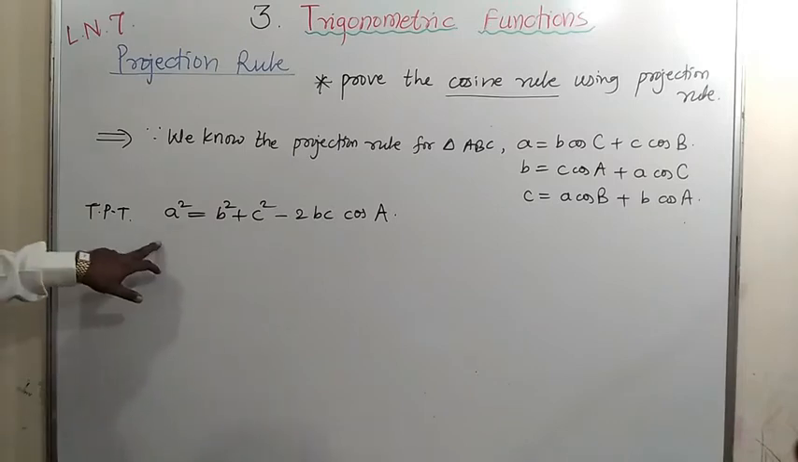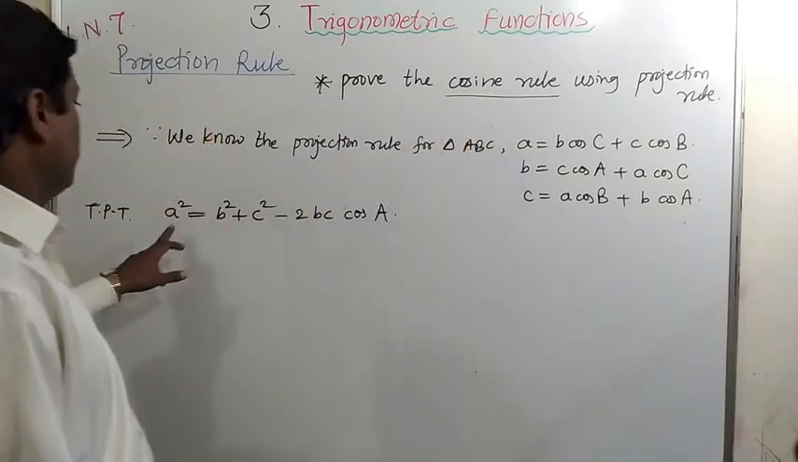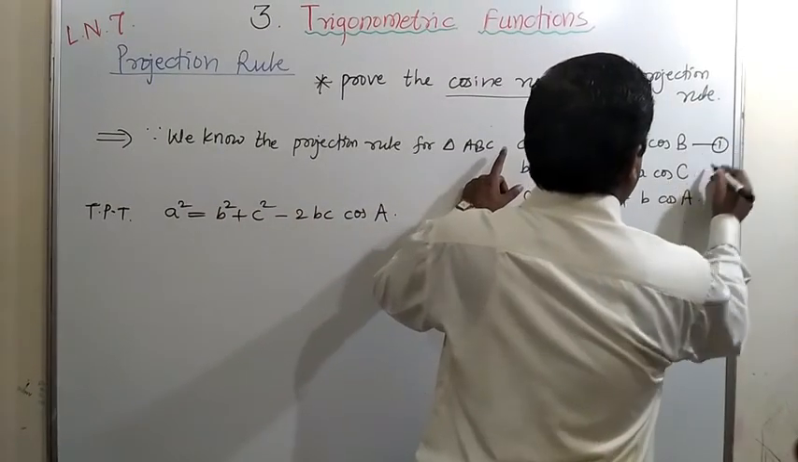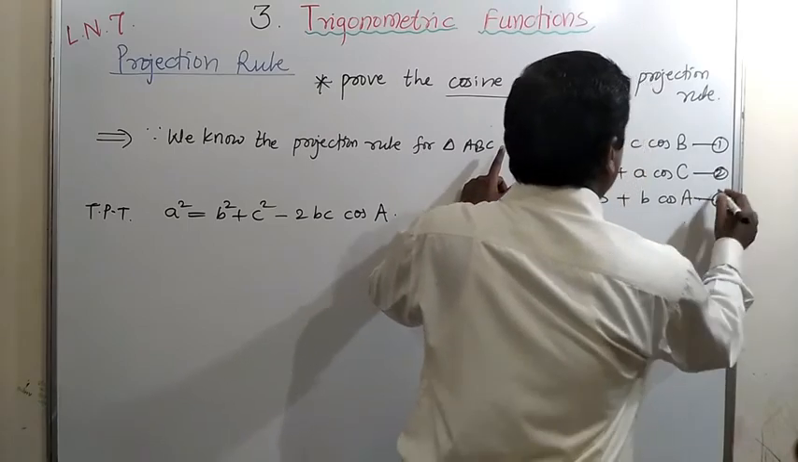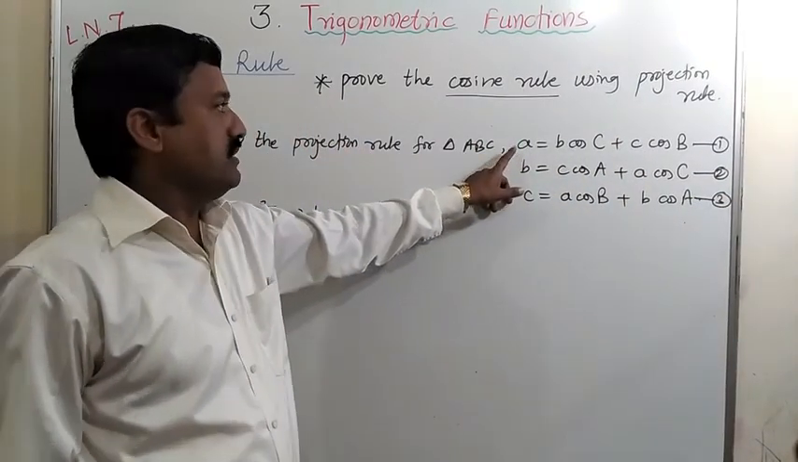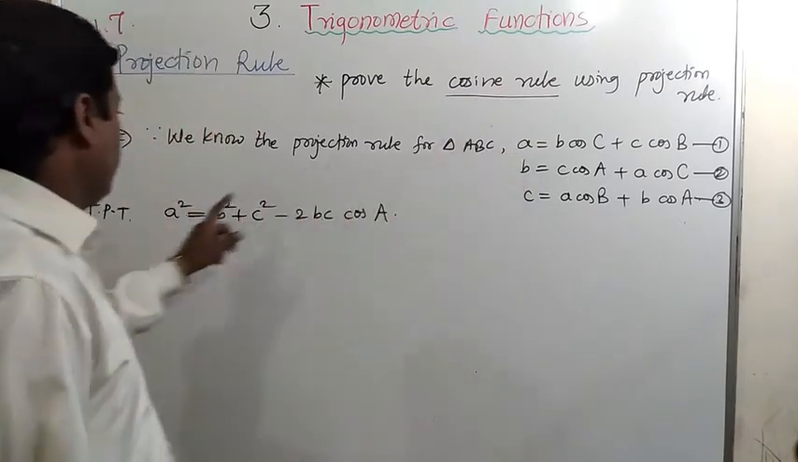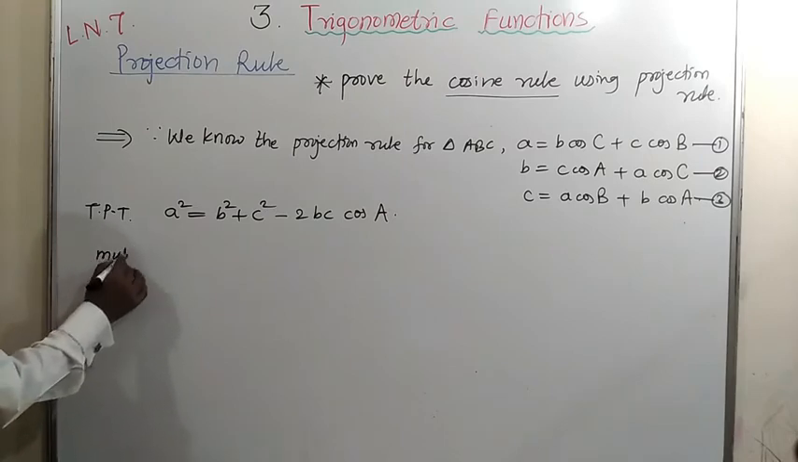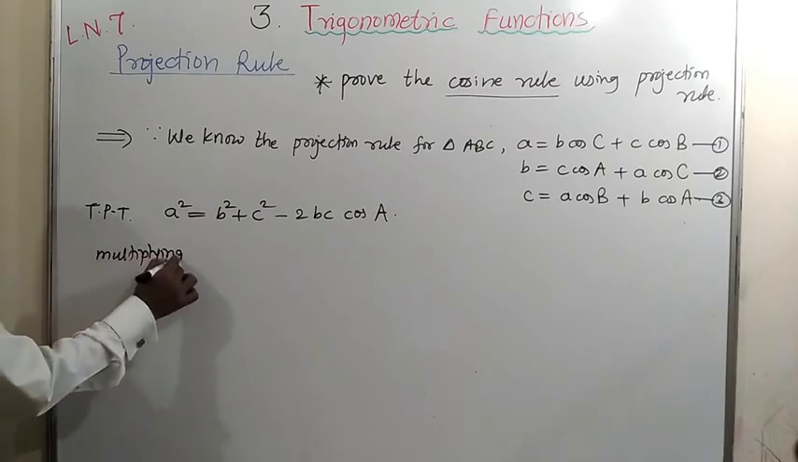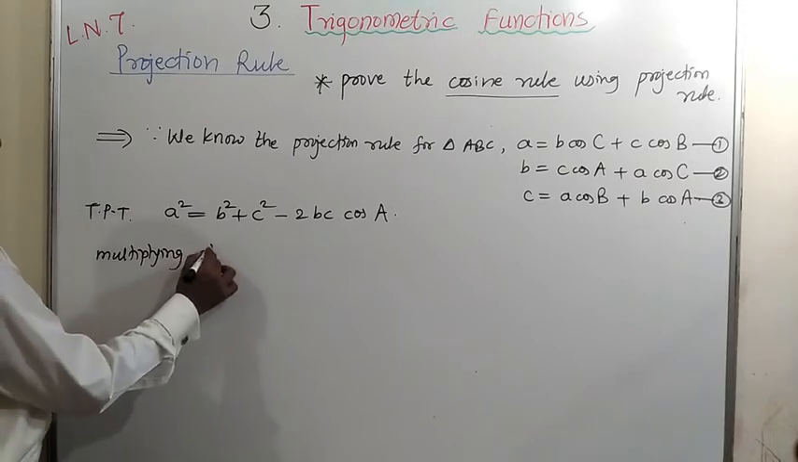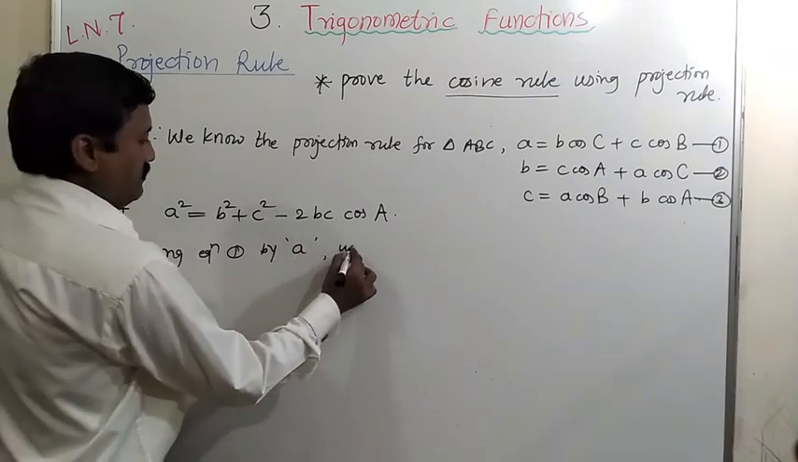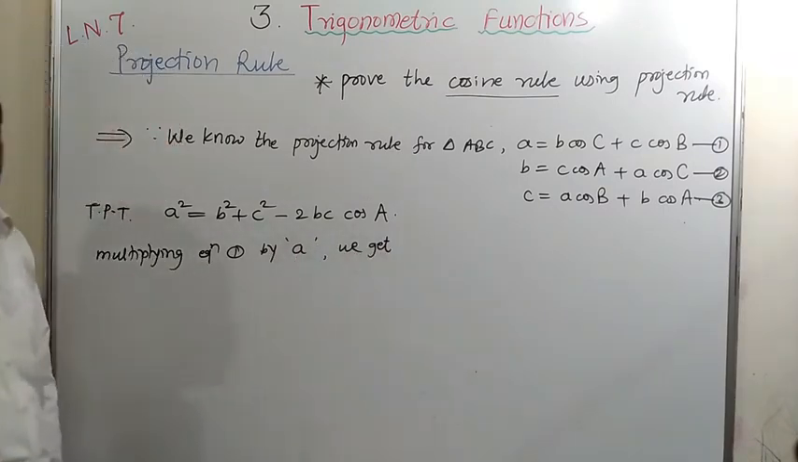For that, we have to prove this a square. So, multiply the first equation by a so that we get the left hand side, that is a square. Let us give numbers to these equations. This is our first equation. Multiplying equation 1 by a, we get